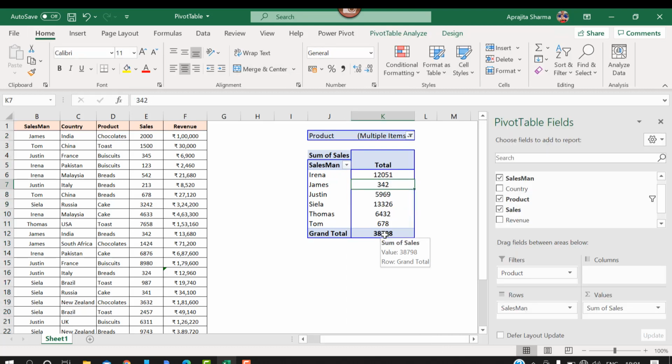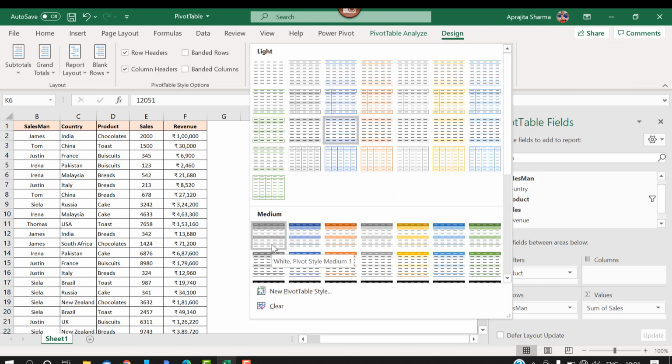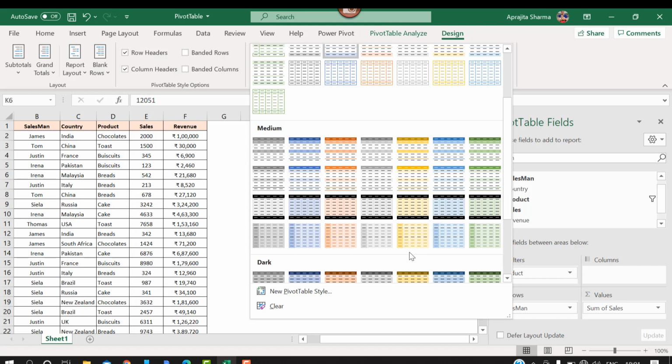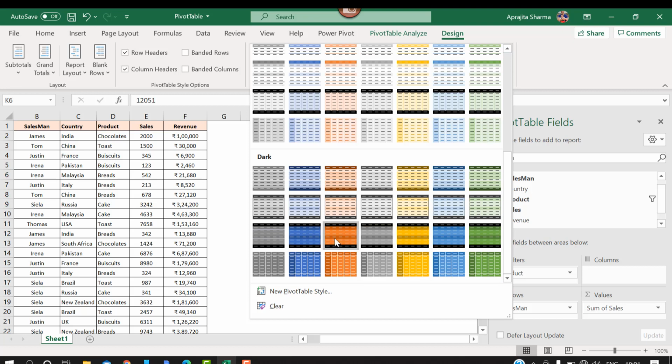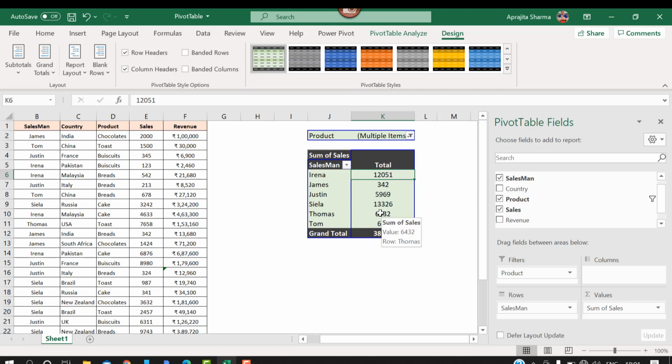Now since we have created a very basic pivot table, now we'll go to the formatting. You can click anywhere on this pivot table, go to design and choose any of the layouts that meets your criteria, that suits your dashboard, that suits the color theme of your report. Let's say I'll go for this dark brown color here. This looks very bright. Let's change it to some lighter shade, that is green. Now this is good.